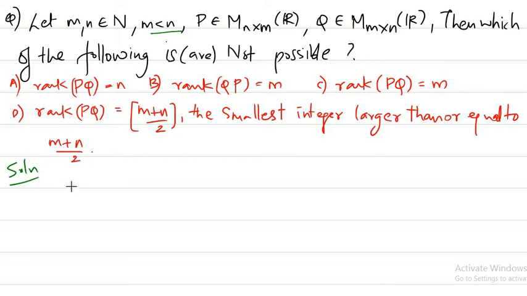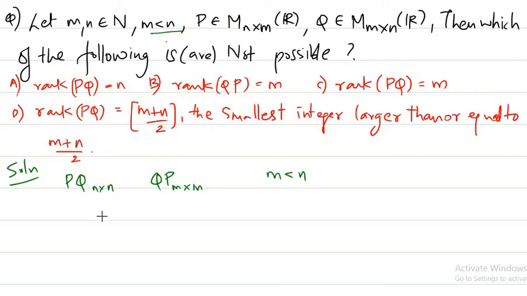So let us just write down the order of the matrices PQ and QP. What is the order of PQ? You're multiplying an n by m matrix with an m by n matrix, so you're going to get an n by n matrix. If you multiply Q and P, what do you get? You're multiplying an m by n matrix with an n by m matrix, so you get again an m by m matrix. And we have that m is less than n.